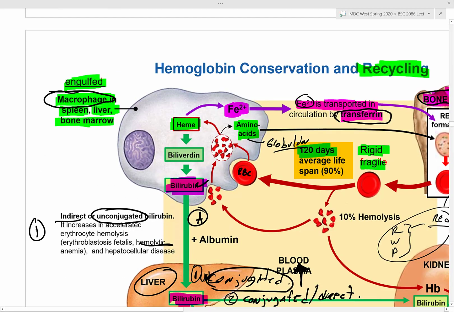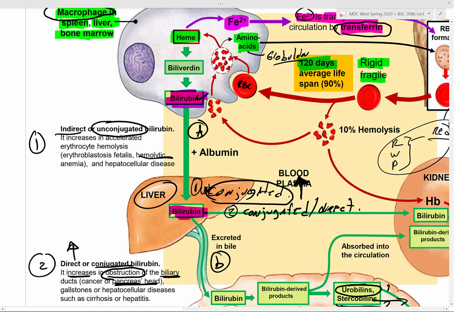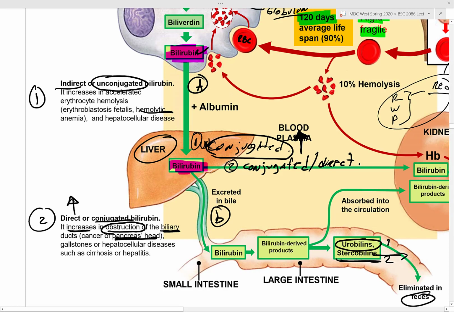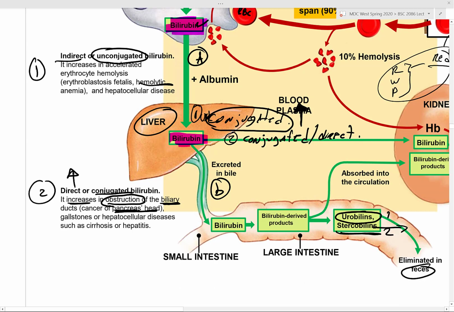What is before the liver here? Problem where? Spleen, red blood cells, right? So if you have any autoimmune disease, or you're taking any drugs that are killing or destroying your red blood cells, your bilirubin levels will be affected. Does that make sense? And that will be high unconjugated bilirubin. If your liver is affected, then you're going to have what? Low conjugated. Does that make sense? Yes? Straightforward. So like alcoholics.